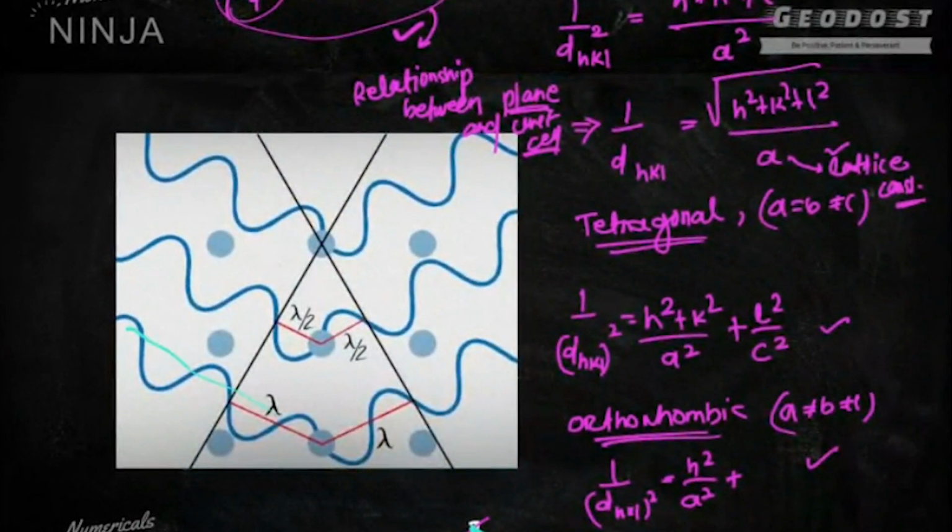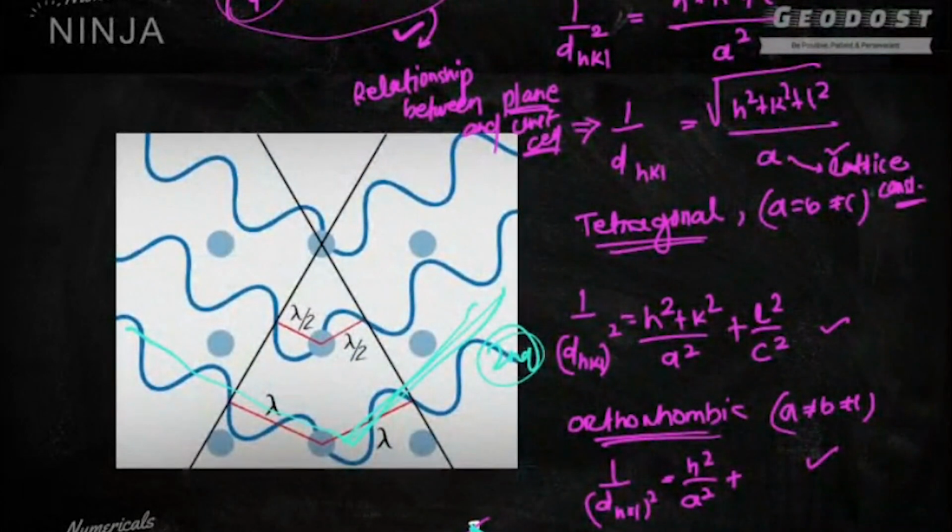ठीक है, and if you are trying to see the ray, ये वाला जो रे जा रहा है, it is for the second plane. तो ऐसे ऐसे अगर जितना भी डेप्थ में जाएगा, जितना इंटरप्लानर स्पेस बढ़ेगा, तो in that case it will be increased, but it is not going to affect the equation. Why? Because if you are going to see, अगर मैंने यहाँ पे n lambda लिखा, n lambda